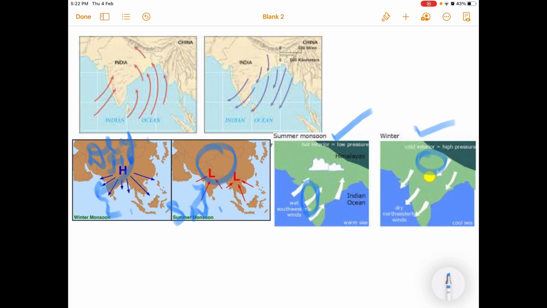Cold winds from the interior continent blow towards the sea and these winds are known as offshore winds, and offshore winds are not giving any rain to the interior parts of the subcontinent as the winds are moving from the northeast direction. So, they are known as the northeast monsoon winds.